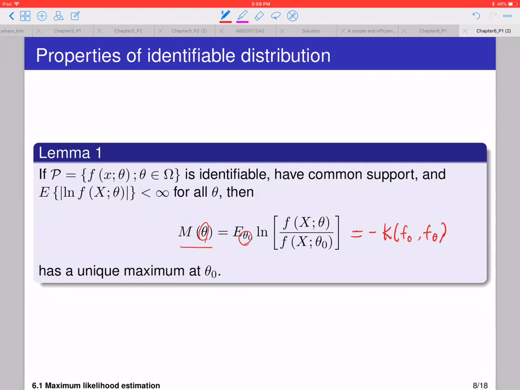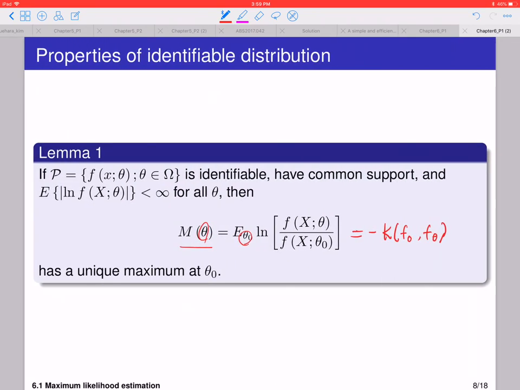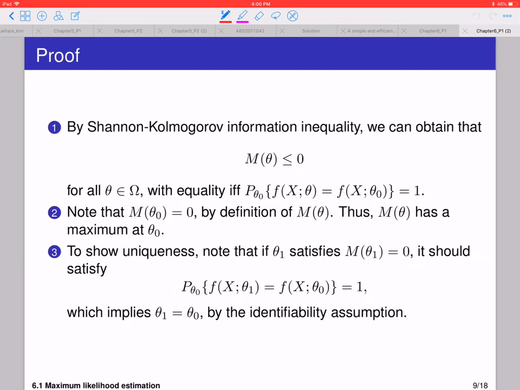That is the definition. Because we know that the Kullback-Leibler information is non-negative, that means this m of zeta should always be